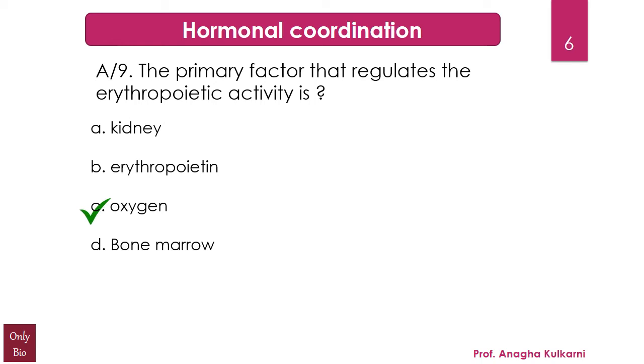Oxygen. Let us understand. Erythropoiesis. Again, this word is a Greek word, or rather it's taken from two Greek words. Erythro meaning red and poiesis means to make, या formation. So erythropoiesis is nothing but the production of erythrocytes, that is red blood cells, from the erythropoietic cells, stem cells you can call them as, in the bone marrow. And the production of the same is stimulated by decreased oxygen in the circulation. Let's understand this.